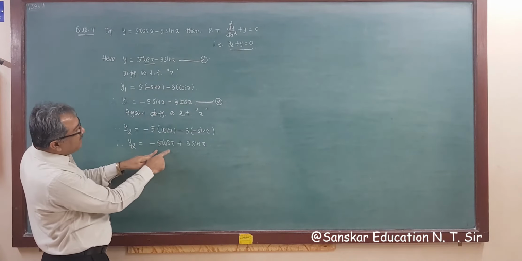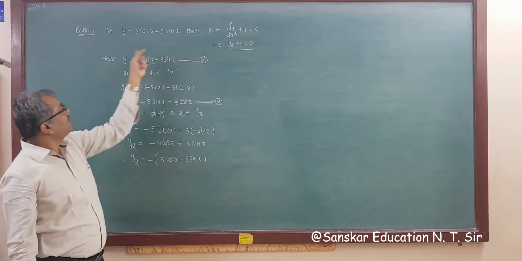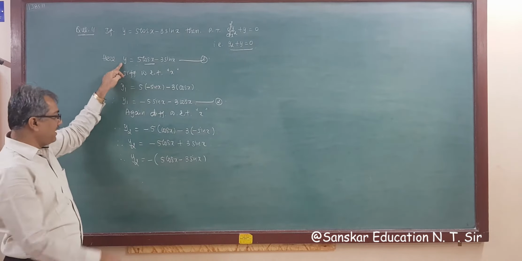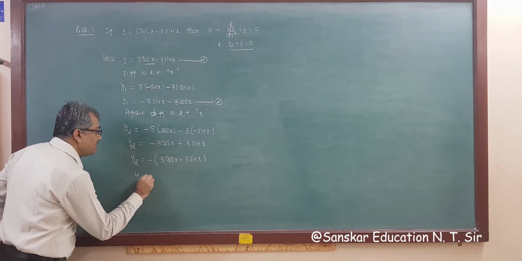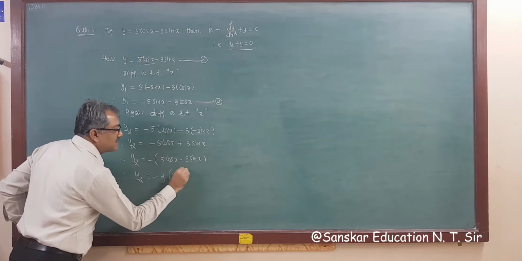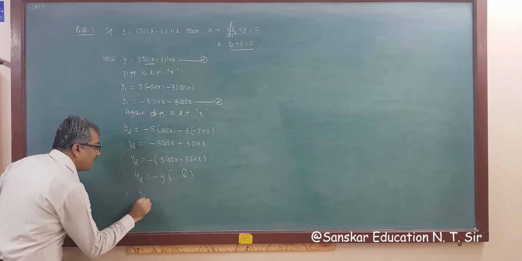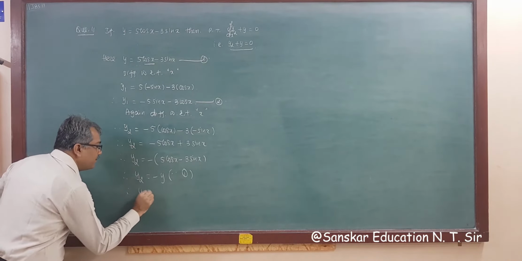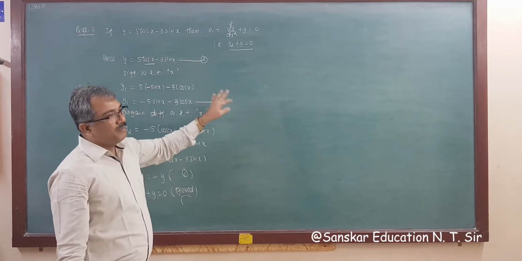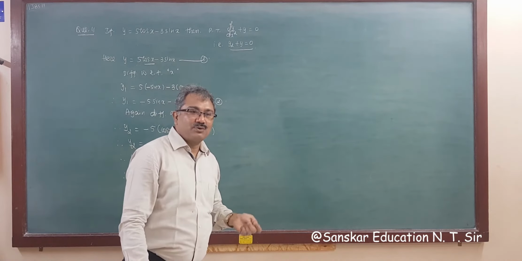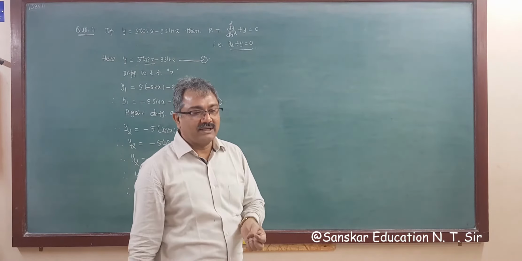Now what is this? See, this is your result number 1. That is, the answer of this is y. So therefore y2 is equal to minus y due to result number 1. So therefore y2 plus y is equal to 0, and hence this is proved. So these are very easy examples. You only have to apply the standard derivative of the given function and apply the second derivative and first derivative rules. You can get your answer very easily.